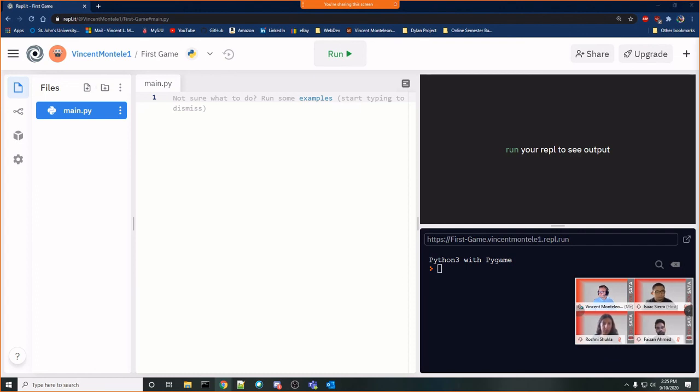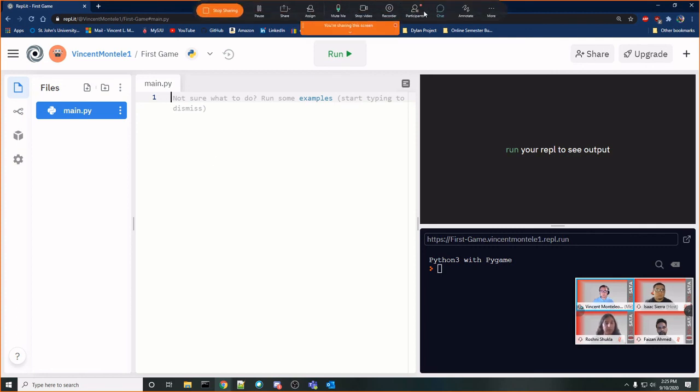All right. So the first thing I want to talk to you guys about, just in case you forgot, is what our ultimate goal is with this game, is to figure out how we can load up an image and how we can move that image with our arrow keys, either WASD or our arrow keys on our keyboard. That way it can move around the screen in our background that we set. So the first thing you guys might want to know is that we're going to have some sort of image to move around, right? And we want it to be kind of a small image.